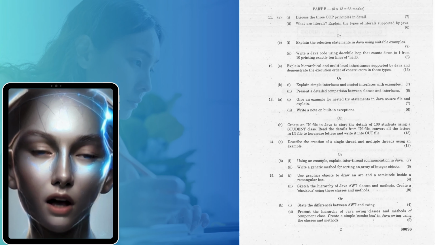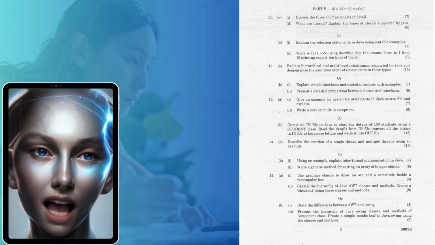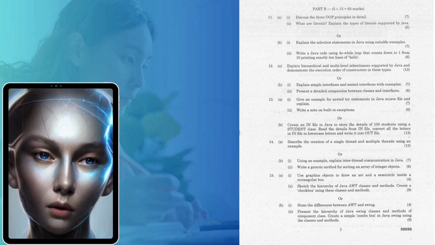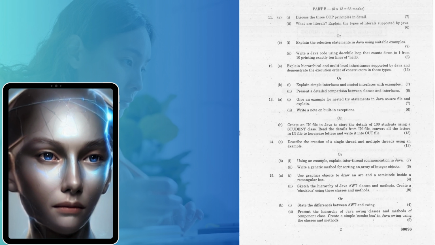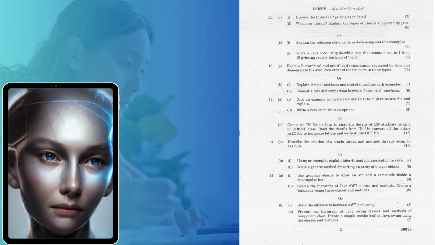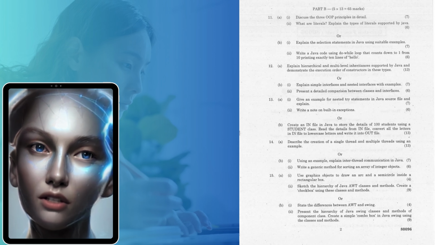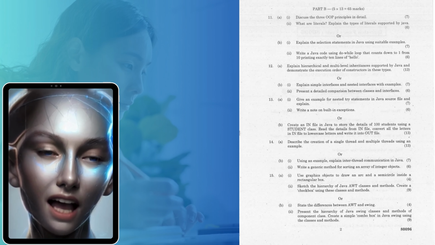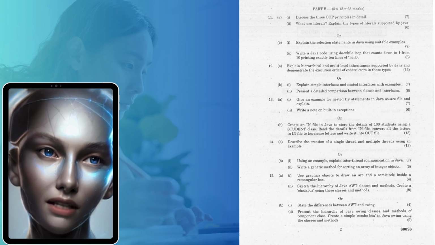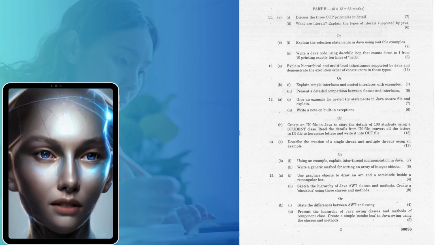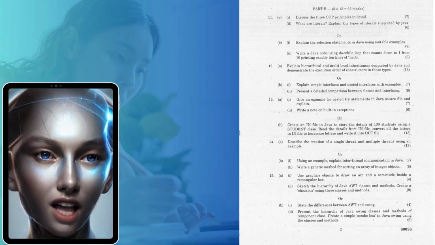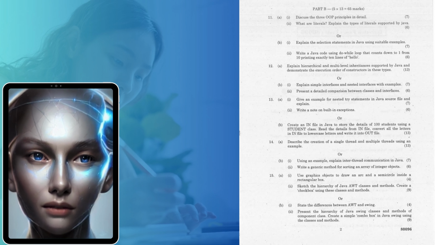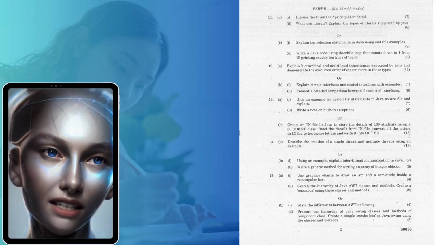Part B, 13 marks. 11. A. 1. Discuss the 3 OOP principles in detail. 2. What are literals? Explain the types of literals supported by Java. Or B. 1. Explain the selection statements in Java using suitable examples. 2. Write a Java code using a do-while loop that counts down from 10 to 1, printing exactly 10 lines of